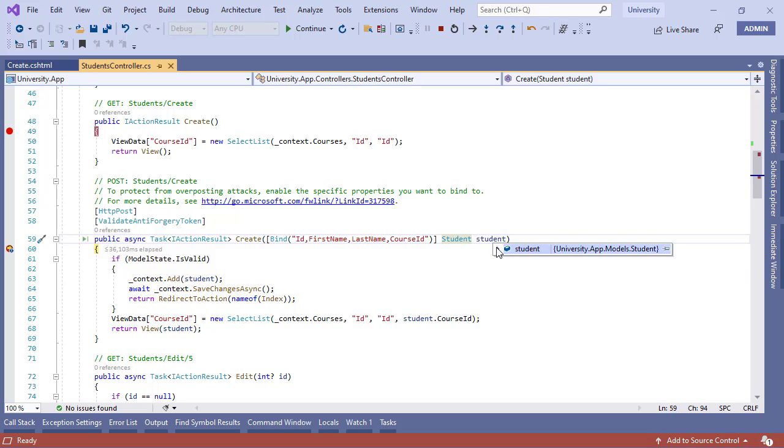And if I hover over the student and select it, we're going to see all those three values. So course ID is 3, first name, last name, and the ID is set to 0 because we do not provide the ID ourselves. The ID is something configured at the database level for auto increment. So we are not going to create that value. We're going to pick up the student object and we're going to add it to the context. And if you remember our discussion on entity framework,